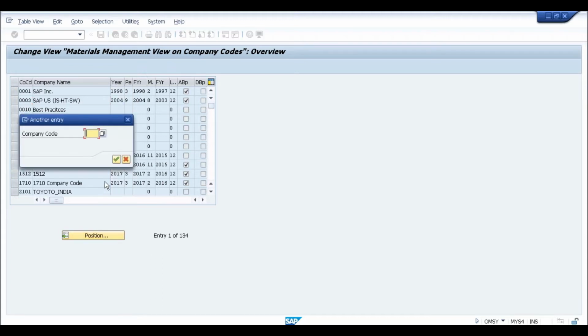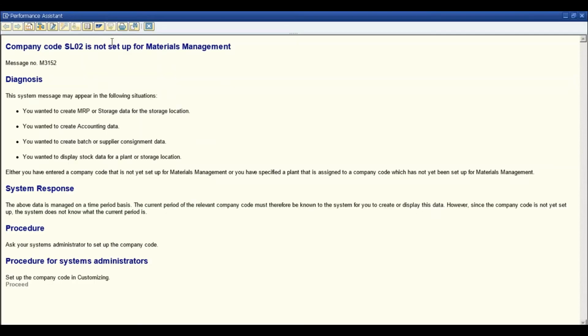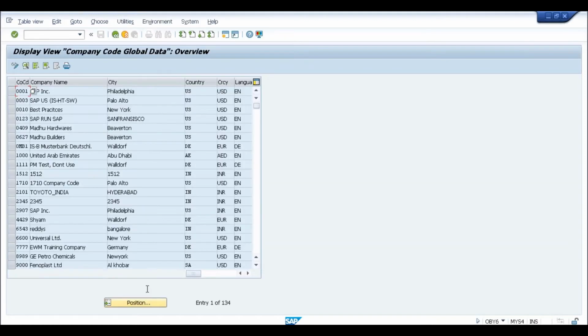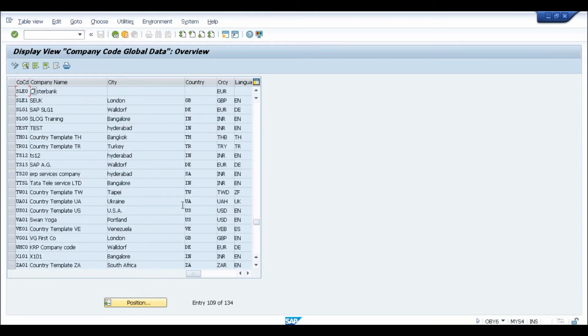So for our company code, which is SL02, we need to initialize this. We need to tell the system which particular period is open as of now. So we are in 2017, and let me check what exactly is the fiscal year variant which we assigned to our company. I'll go to OBY6 to find out the fiscal year variant. I think you assigned an Indian variant, April to March, right? V3, right? V3, yeah.